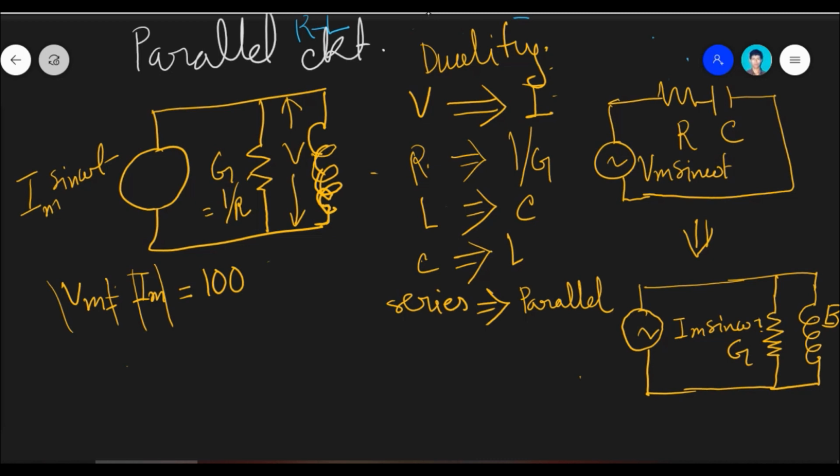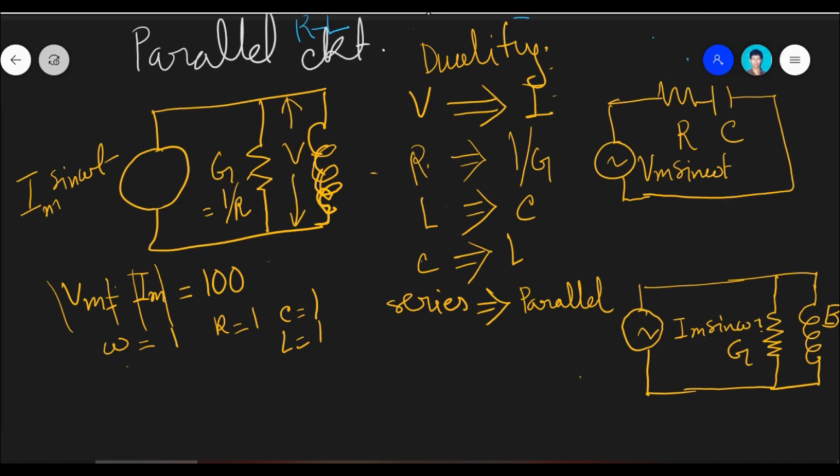Now if that is the case, also see the expression of I when you are considering this RC circuit. Let us take values for the sake of simplicity in calculation. Let us take omega is equal to 1, R is equal to 1, C is equal to 1, L is equal to 1. I am taking all of these as 1, so later on you can change them to their corresponding values.